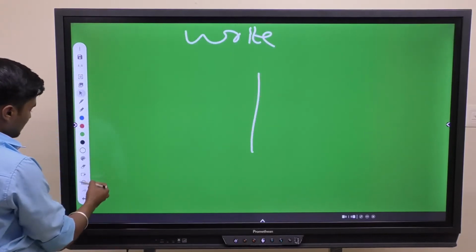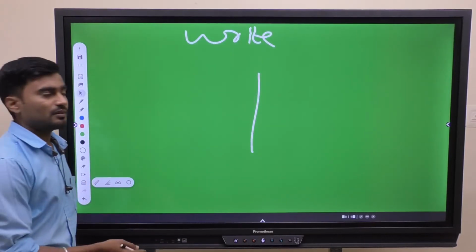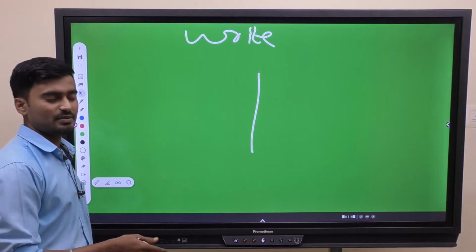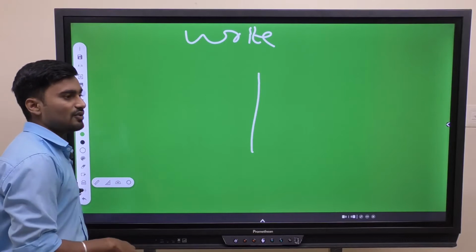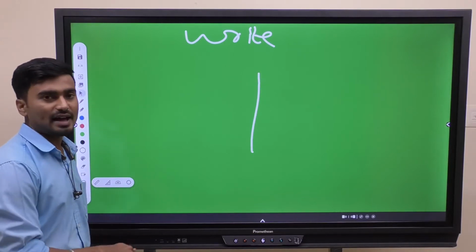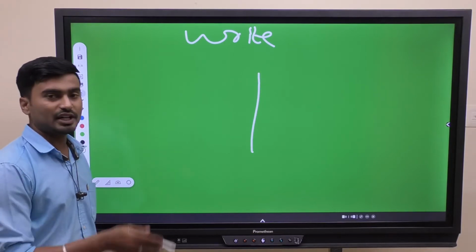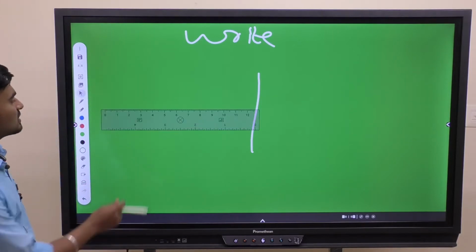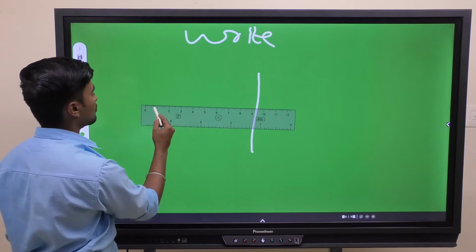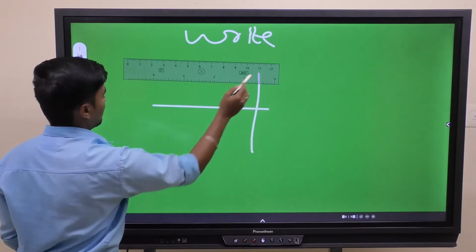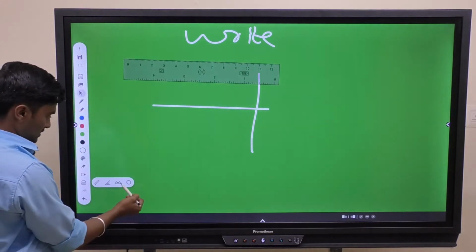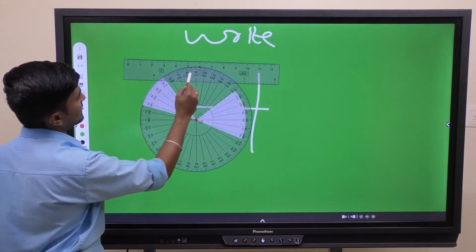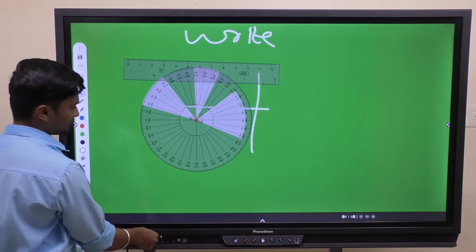And this comes with Android. In Android, this comes with 8 GB internal memory, 2 GB RAM, and 32 GB inbuilt. And we can use the virtual scale, virtual protractor, and we can increase or decrease the size.